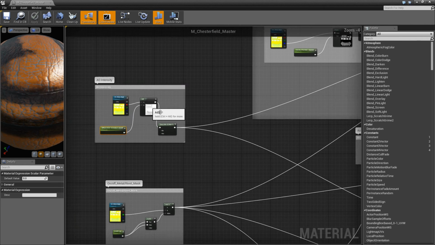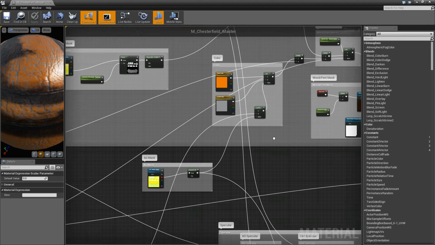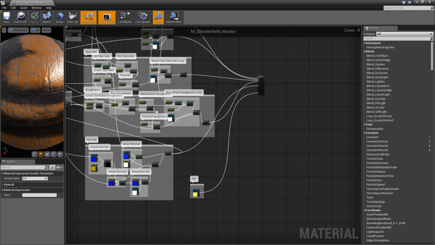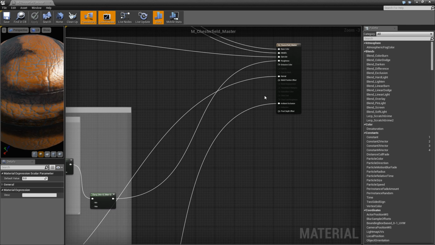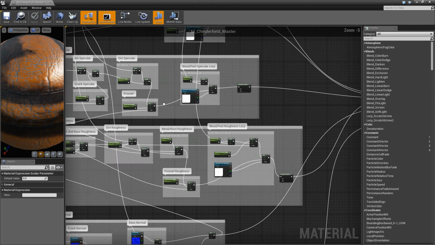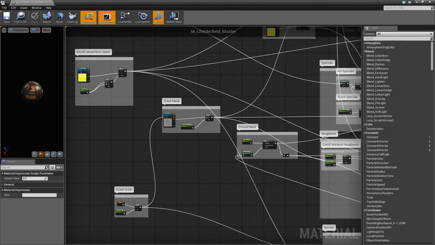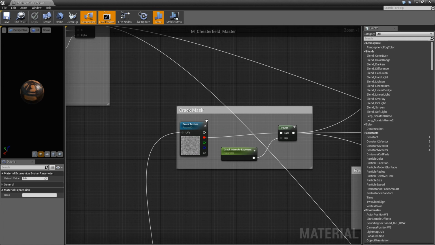This ambient occlusion goes only to multiply the diffuse and multiply the specular and the roughness. And you have another AO here, so you control it here, and you could deactivate it if you don't want ambient occlusion multiplied to the diffuse.